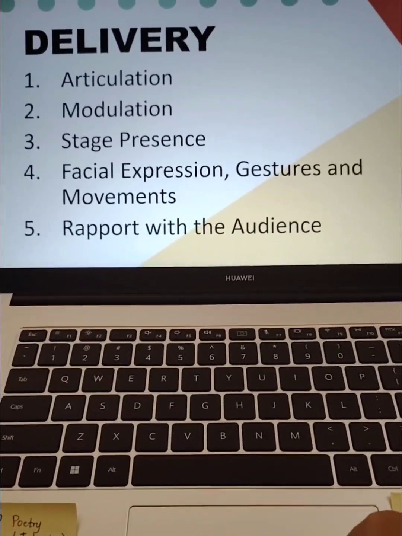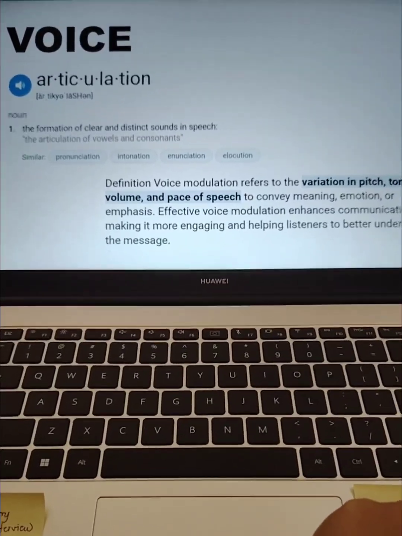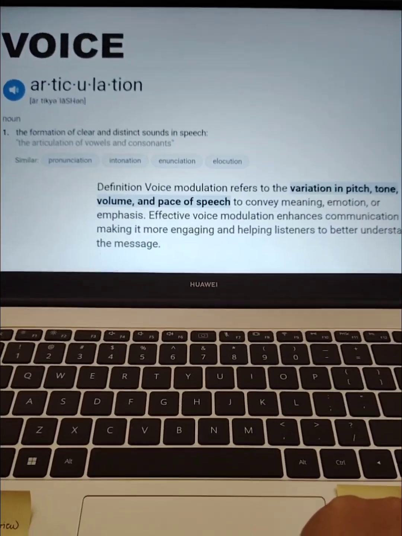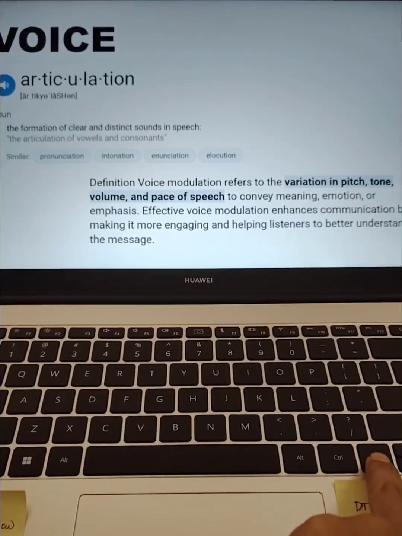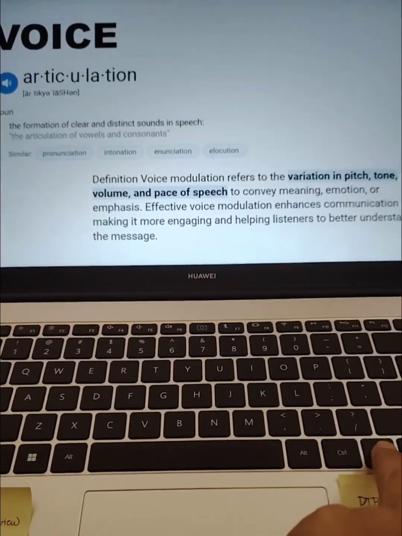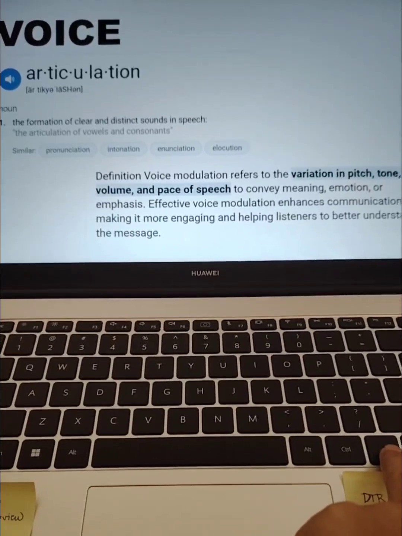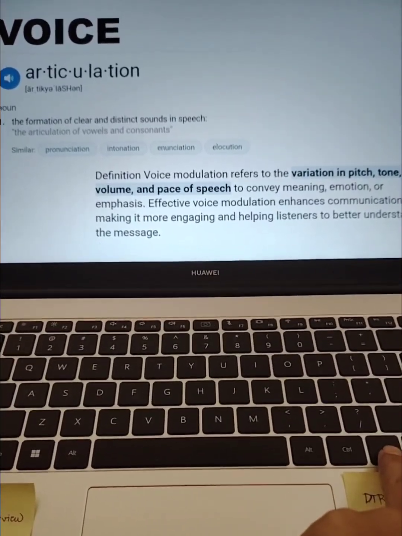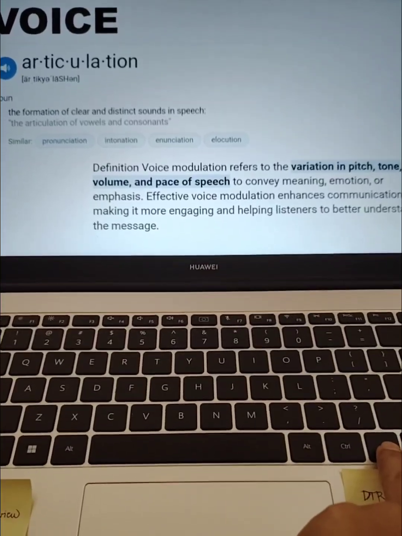And when we say modulation, it's something to do with your voice, no? Not just the tone, not just the volume. Included as well in modulation is the pitch in your speech, no? The pitch of your voice, not just the tone, not just the volume, the pitch, yung timbre, no?